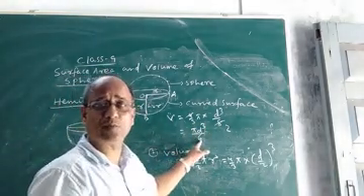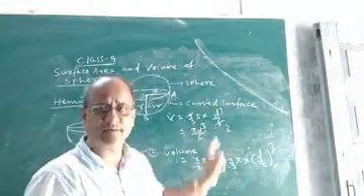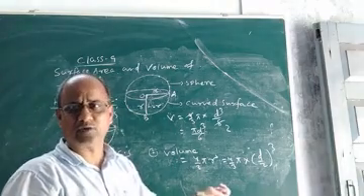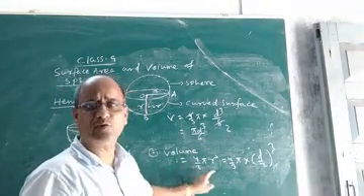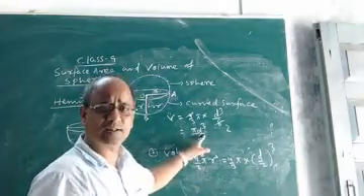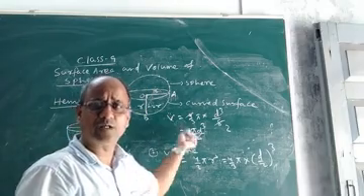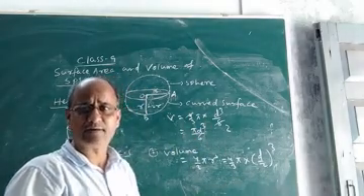So it is another formula to calculate the volume of a sphere directly when the diameter is given, without converting the diameter into radius. When the radius is given, you use the earlier formula to find the volume of a sphere, and when the diameter is given, you can use this formula directly without converting the diameter into radius.